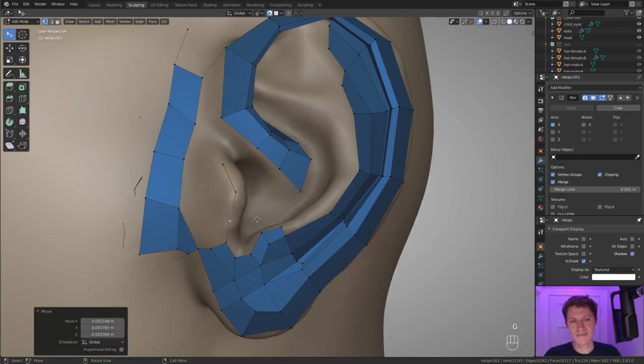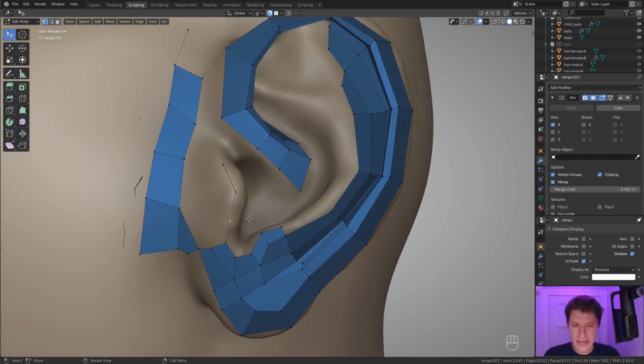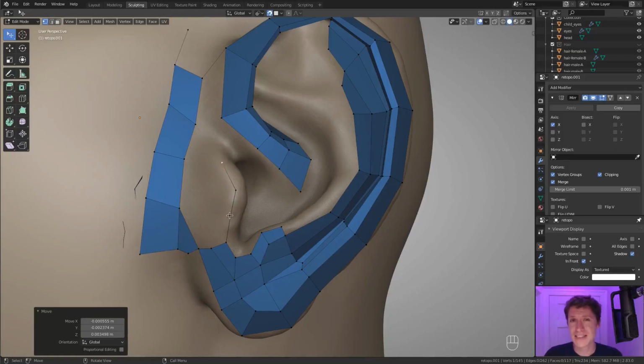Sometimes I will just extrude a string of edges, as you've seen me do a lot. I'm not sure if I've explained it quite yet. But, you know, as you start to focus on a certain area, like I'm spending a lot of time on the ear, I start to develop sort of a default edge size. So without really even thinking about it, I just extrude these edges or these verts out, and they have a fairly consistent edge length. At this point in the process, you are probably developing that yourself, maybe even without thinking about it. But this I find to be a natural part of the process that helps create consistent sized faces, especially when